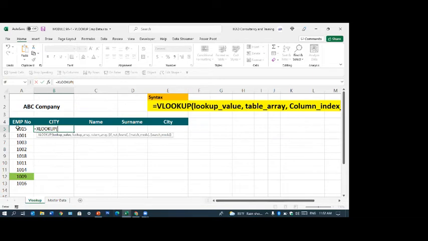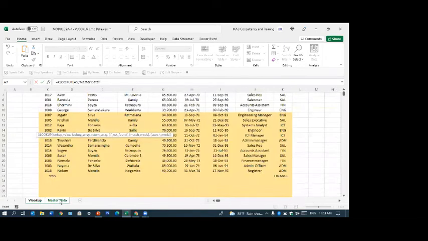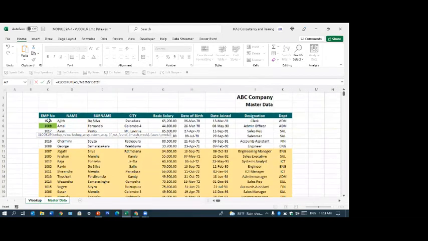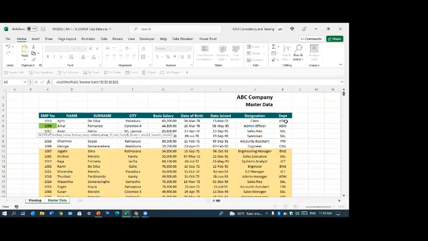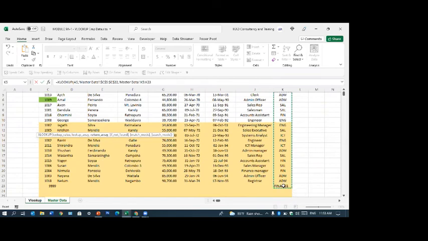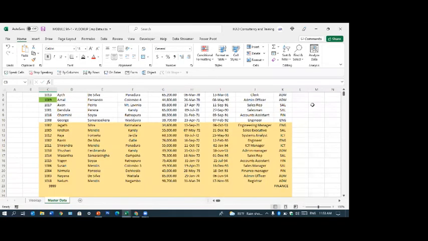Again, lookup value. Lookup array. Now, here it's referring the lookup array only. Lookup array means this is my array. This is my lookup array. Press function key 4. Right? Then it's asking for the return array. I want to return the department. So I select this. Right? Sorry, I'll put the department on the other side and show you. Otherwise, no point. Anyway, this works with VLOOKUP. For this one, the department can be anywhere.